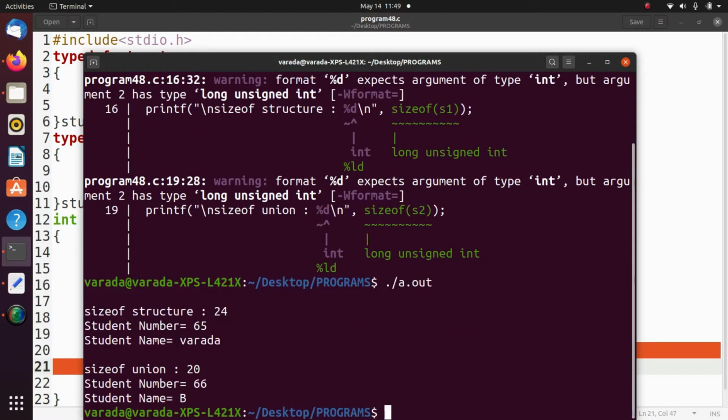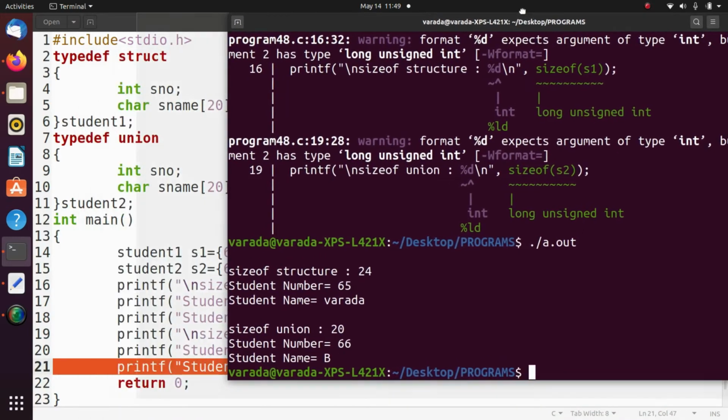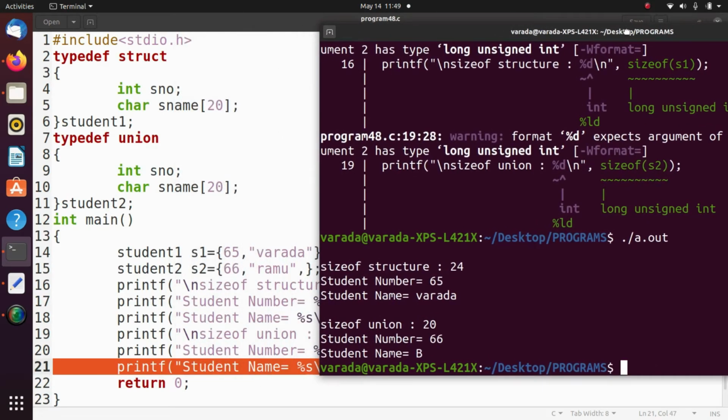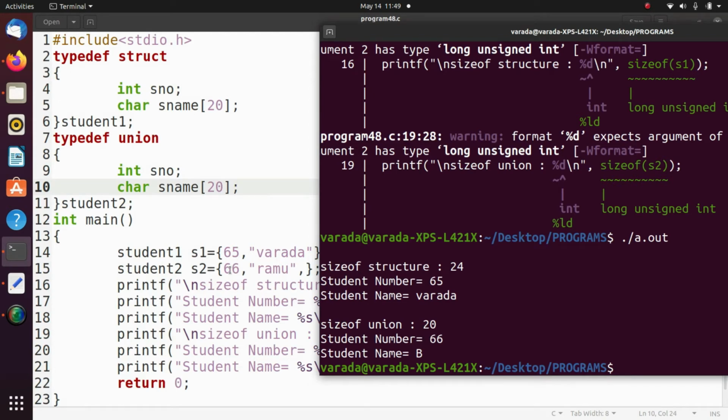Run a.out. Here the size of the structure is 24, the student number is 65, student name Varada. The size of the union is 20. Why? It allocates a common memory to all the members. Here the student number equals 66, and the student name prints B. Why? These two share the common memory. When we retrieve the value, 66 is the ASCII value, which is equivalent to B.